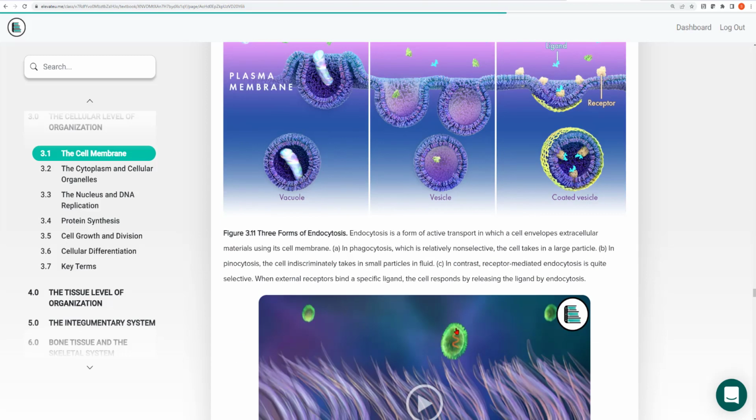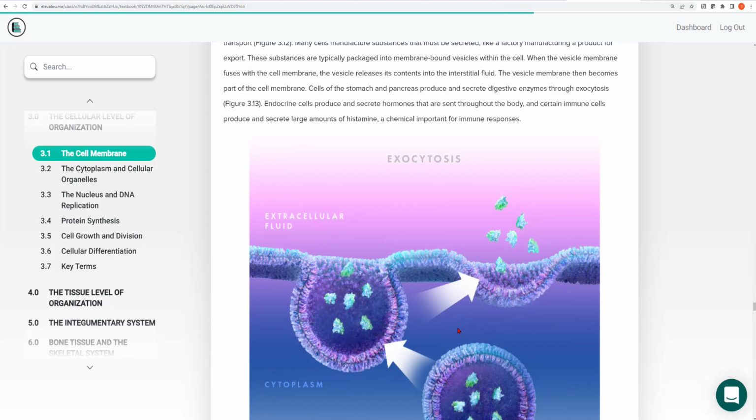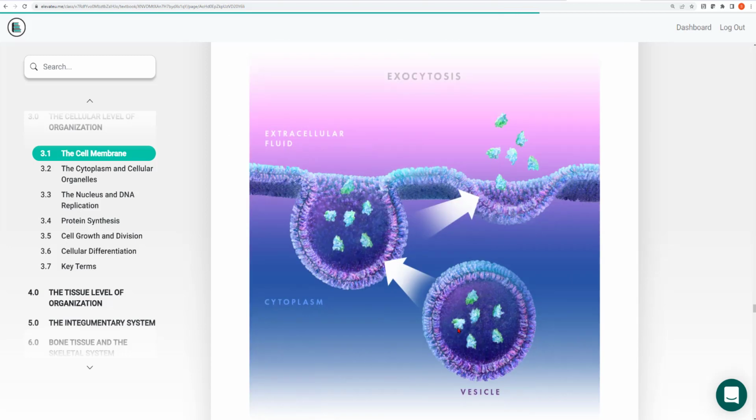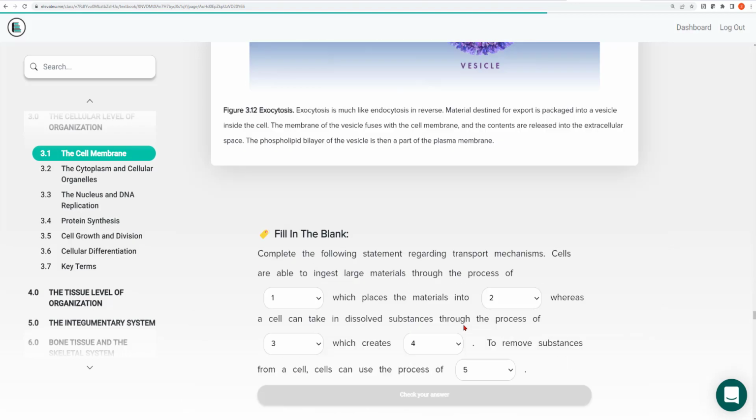So what I want you to appreciate about this is that the cell membrane is not this static sac. It's not like a Ziploc bag that's around the cell holding everything in. It's a very fluid, dynamic outer layer, or actually this double layer, right? The phospholipid bilayer that is constantly moving in and out, ebbing and flowing in and out of the cell.